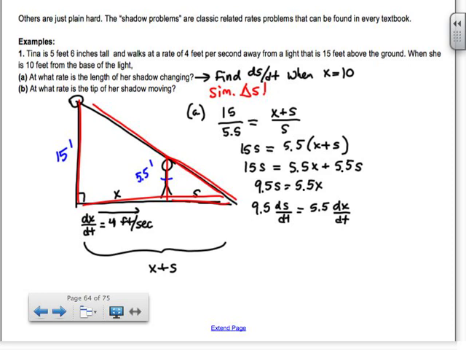Okay, so what we've shown here is that the rate of change of her shadow is directly proportional to the rate of change that she's moving away from the light. So what actually this means is there was no x in the problem. Once we took the derivative, there's no longer an x. There's just the rate of change of x. So it actually doesn't even matter how far she is from the light,